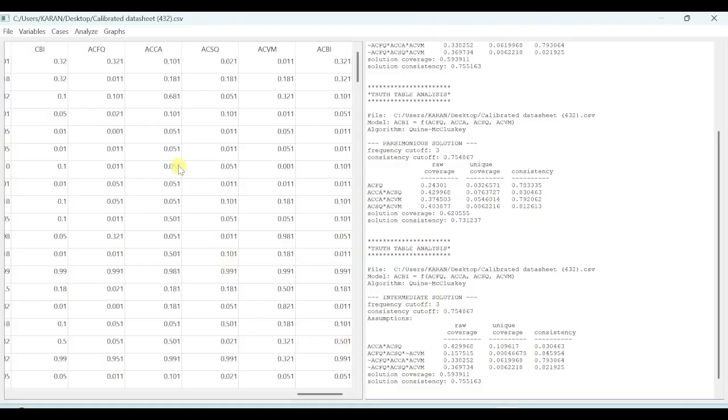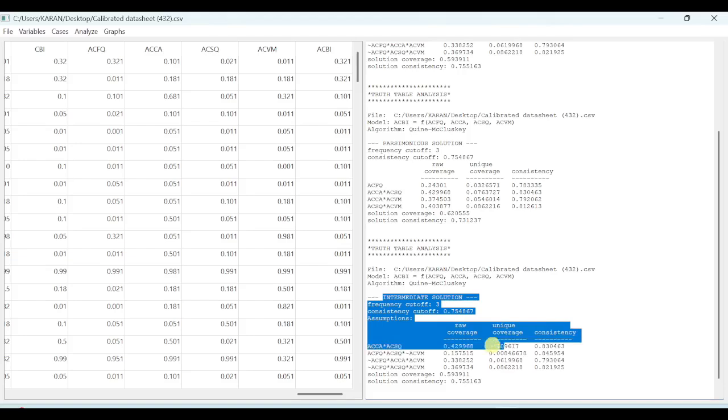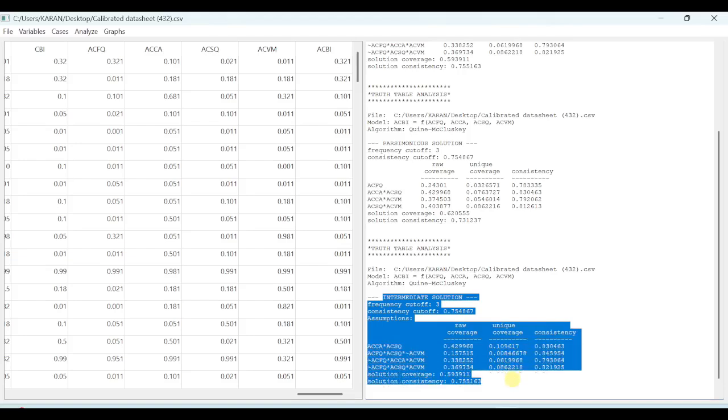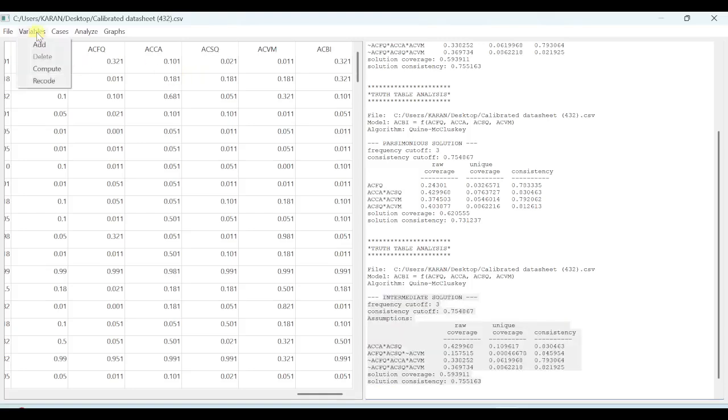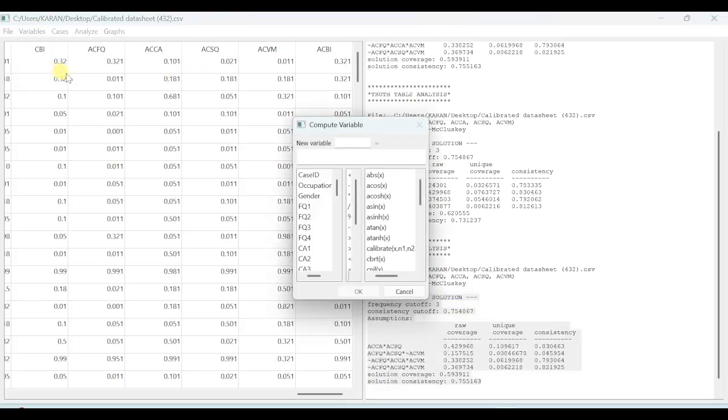Here we are in our fsQCA datasheet. We've already done the truth table analysis and interpretation of the intermediate solution, which I discussed in the previous videos. Now I want to test the proposition. So for testing the proposition, I'll go to variables, compute, and here I'll put a new name for the variable which will test my proposition. So I call it new,